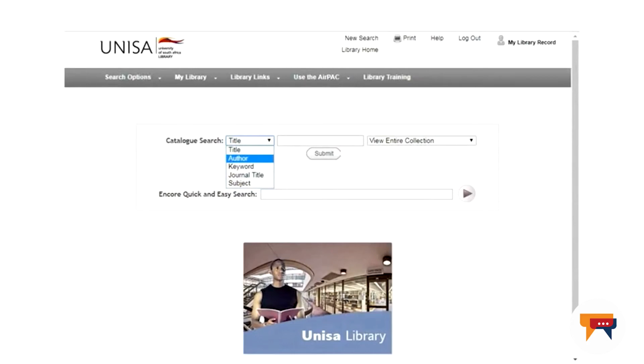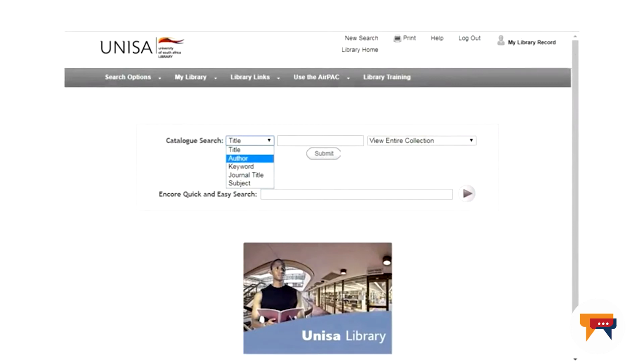Now, if you put in the title and you keep it on ebooks, then you're telling the system to look for that book in e-format only. If you're not sure about the title, then change that first block to keyword, and then you put in your topic or your subject. For example, you can say inclusive education or educational leadership or whatever it is, and then you change the third block to ebooks, and then you will find only e-material that is available to you at home or at work, meaning you don't have to go to a branch, you don't have to request anything,